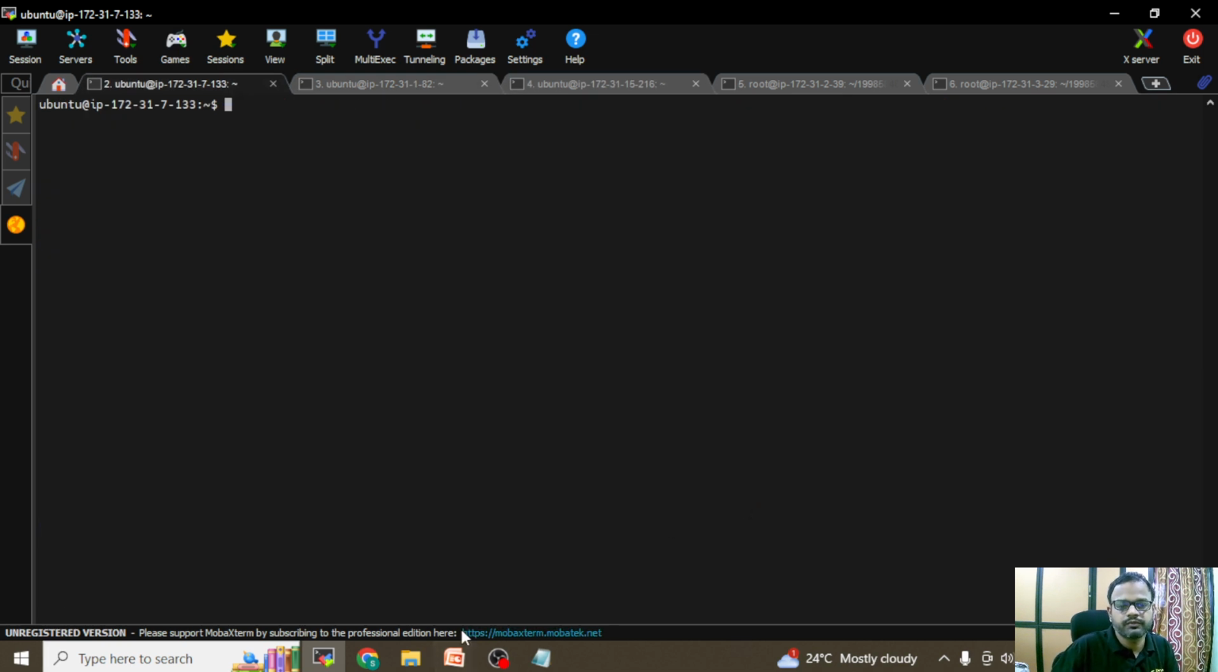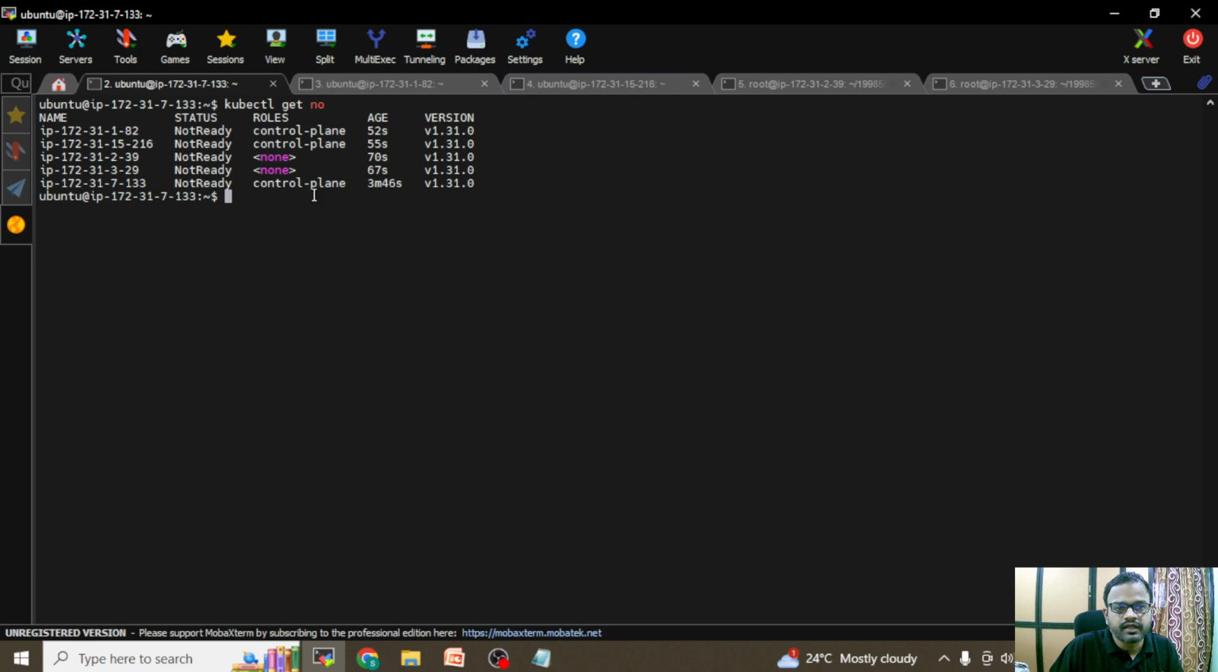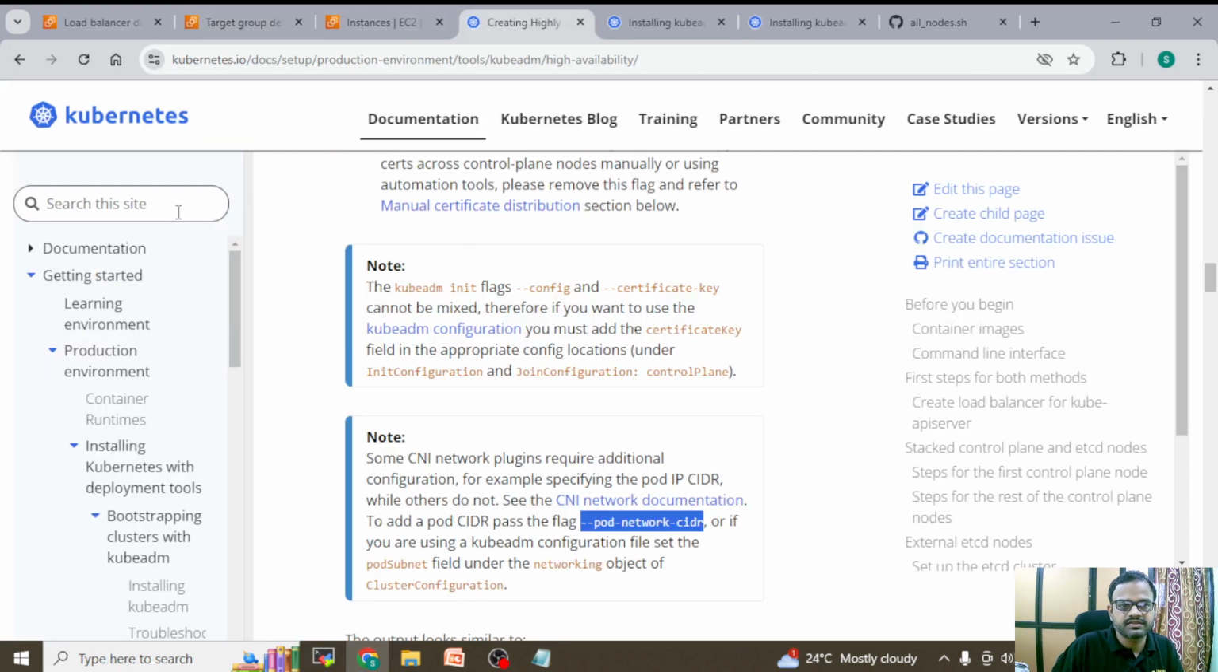Now, you can check kubectl get nodes. The three control plane components are there, that is, three master nodes are there, and two worker nodes are there as part of the cluster. So altogether we have a 5 node cluster. This is a high availability Kubernetes cluster because we have 3 control plane nodes. So one thing we have to do is